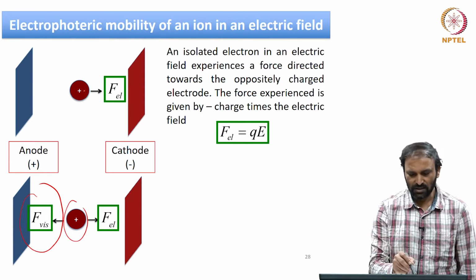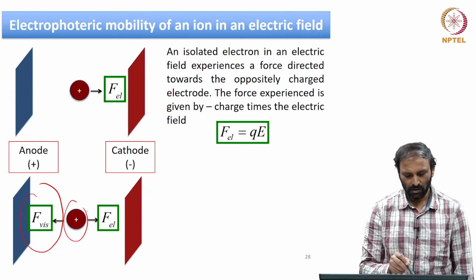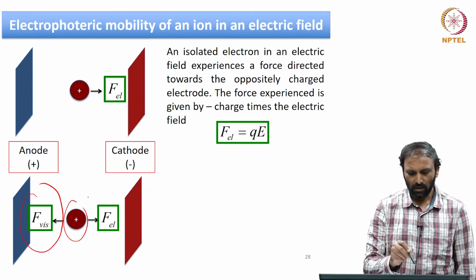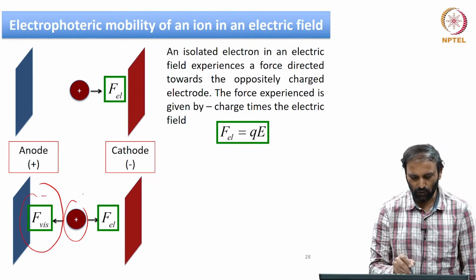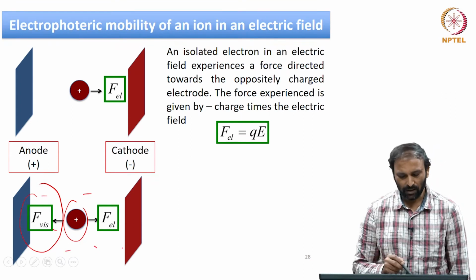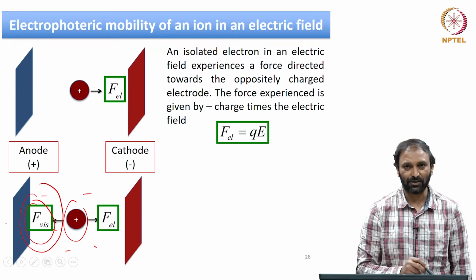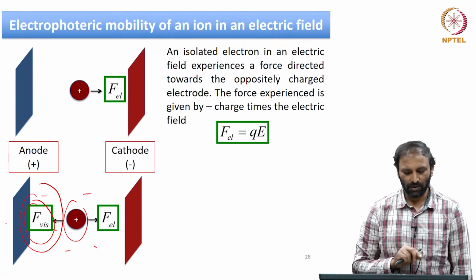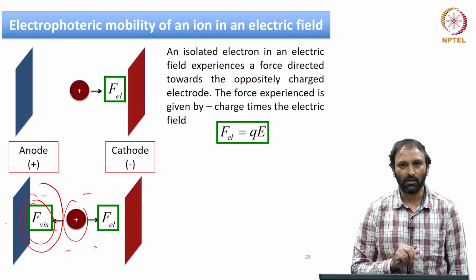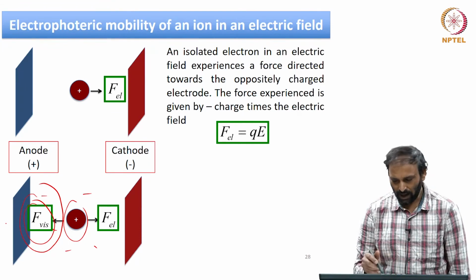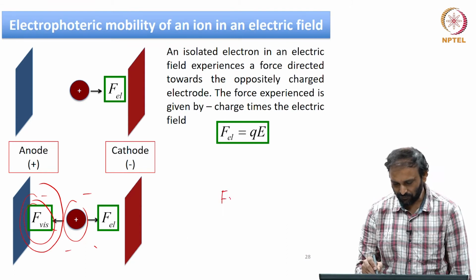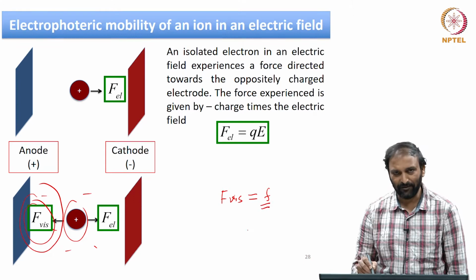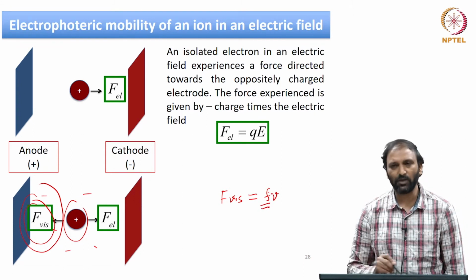So, this ion is set into motion. Now, whenever there is a relative motion between the ion and the fluid that is surrounding it, a viscous force comes into the picture, and this viscous force is going to oppose the motion of the isolated ion. This force, F viscous, is given by some friction factor F times the velocity with which